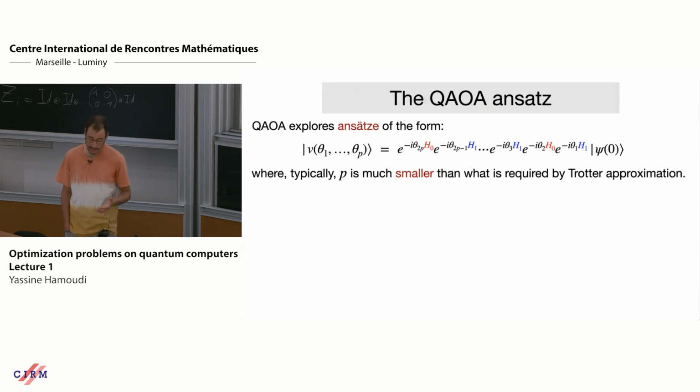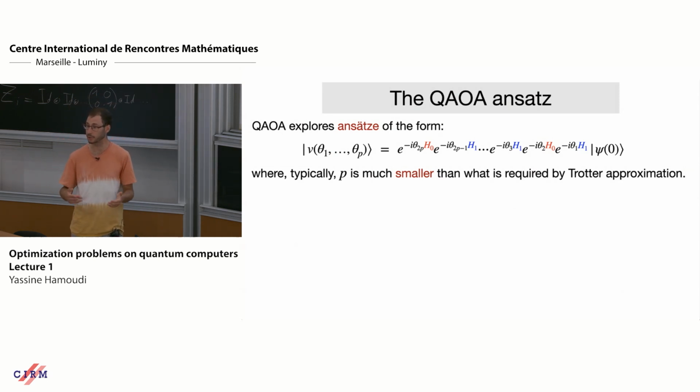So the QAOA ansatz is just taking the same kind of state, but now it will try to guess what the angles are. So we kind of do the opposite. Now the angles and the number of angles is going to be chosen by the classical optimizer, and the quantum algorithm will evaluate the ansatz and return the energy. And the hope is that there exists a sequence of angles and depths which could be more efficient than just using the adiabatic algorithm. So maybe there is a way of compressing the evolution in some sense, kind of finding shortcuts in the evolution